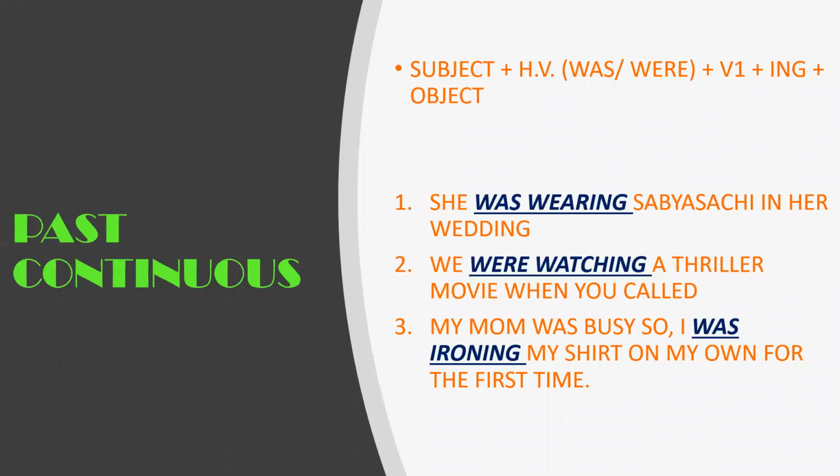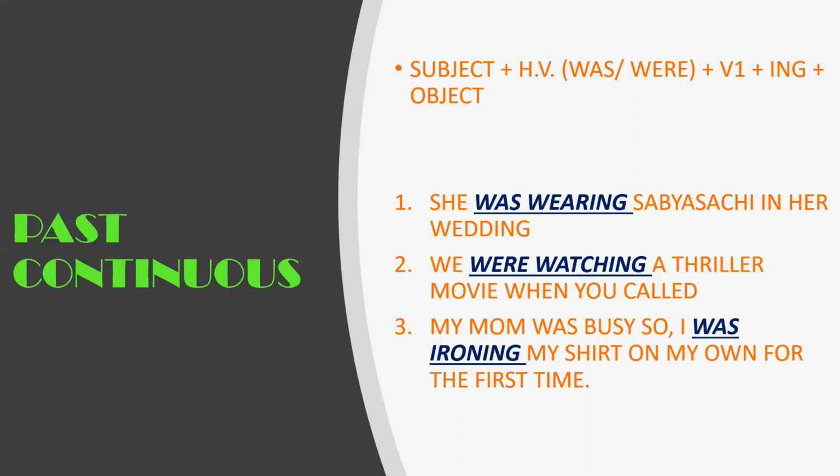Next tense is past continuous tense. Continuous, obviously it will have verb ka first form plus ing, but the helping verb will change. क्योंकि is, am और are helping verb तो past को gift में मिली ही नहीं थी. Gift में past को मिला था was, were. तो हम यहाँ पे use करेंगे was, were as helping verb. Okay, so she was wearing Sabyasachi in her wedding. That means she was quite rich. So she was wearing, that means wear plus ing, gerund form of the verb. She was wearing Sabyasachi in her wedding.